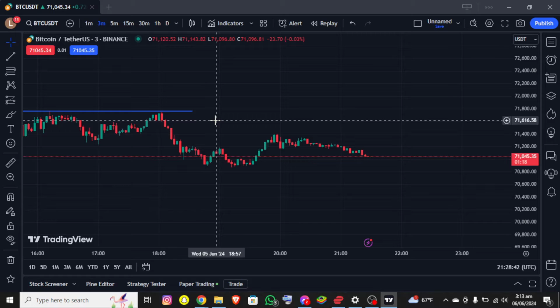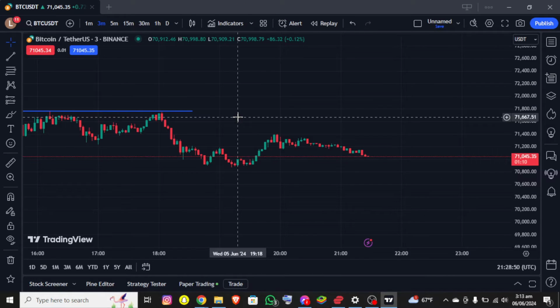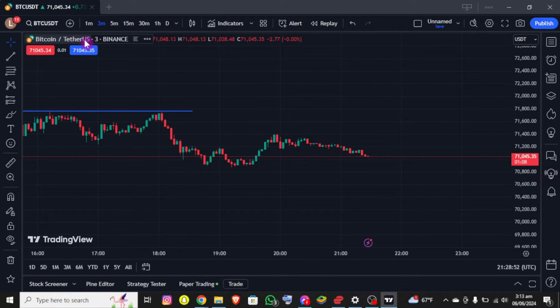First things first, I assume that you already have an account on TradingView and are already logged in. Right after that, you'll be able to see the interface on the screen where you can see the chart of the BTC USDT, and right above this chart you can see the indicators option, which is at the right side